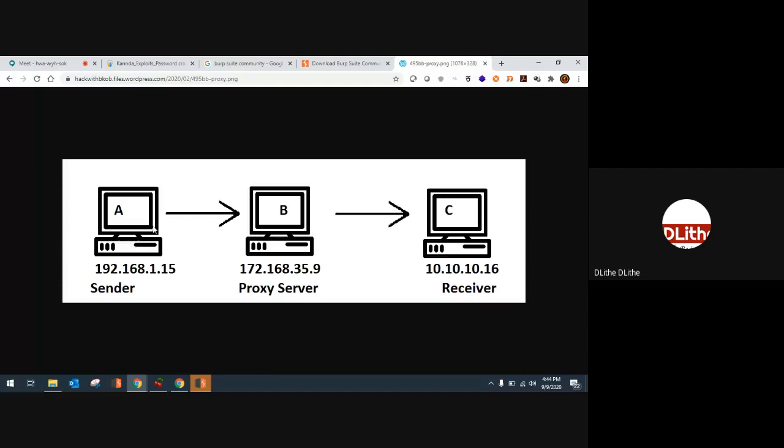Hence, you will send the data through a proxy server. When the receiver receives the data, it will display as if the data originated from the proxy machine instead of from the actual sender.